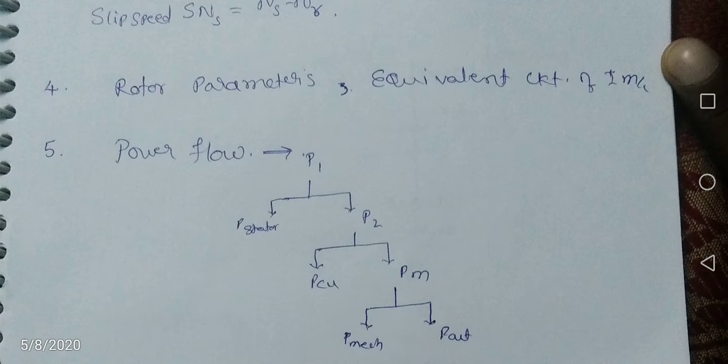And in generator, there are two torques. One is the electromagnetic torque and the other is the prime mover torque. The electromagnetic torque acts in the opposite direction to the rotor rotation, and prime mover torque is in opposite direction to the electromagnetic torque. So if electromagnetic torque and the prime mover torque are constant, then this machine is operating under stable region.